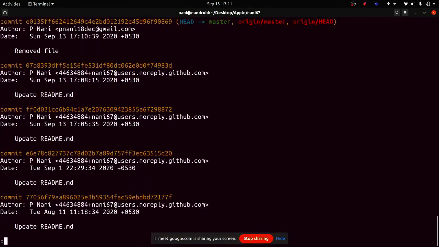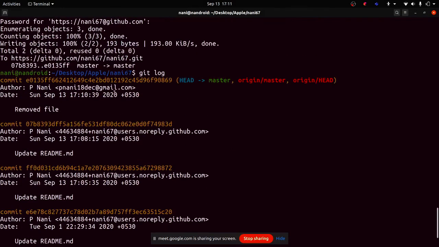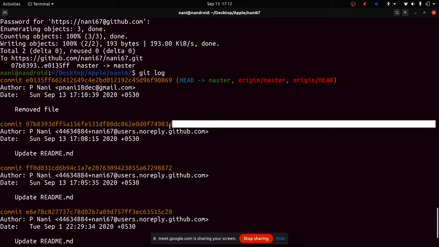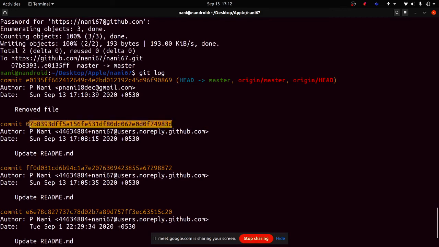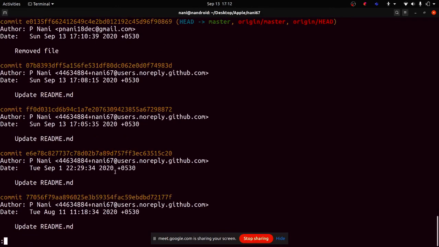So git log. So these are the updates. This was the latest commit which I have made, and this was the previous one. So let me copy this. Yeah. So remember this one. This commit string, this long string, is the main thing which helps you get back to your old files. So not a problem, you can just go back to a particular commit whenever you want. So git log shows all the commits which have happened.